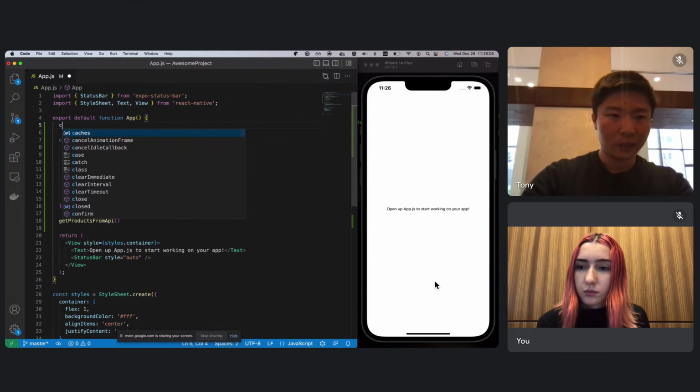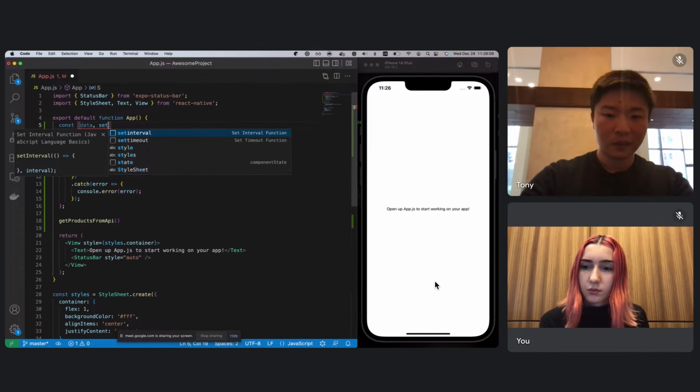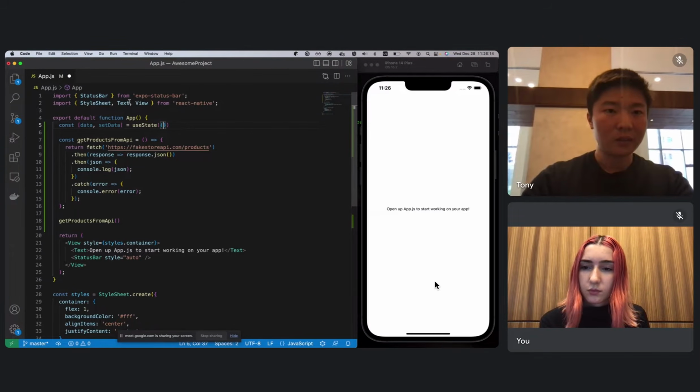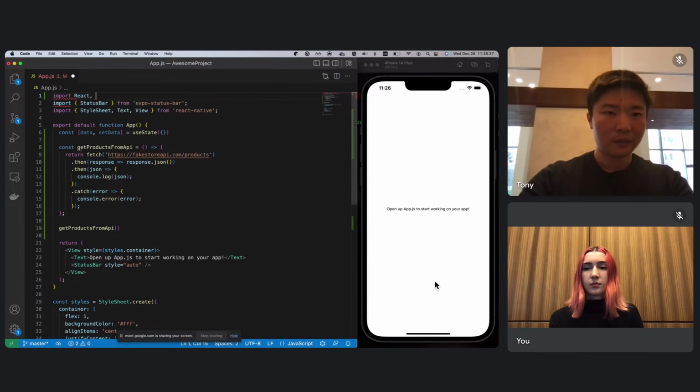So here I'm going to say data and setData. I'm going to use state to capture the data that's returned. I'm going to make sure to do the imports: React, also useState.